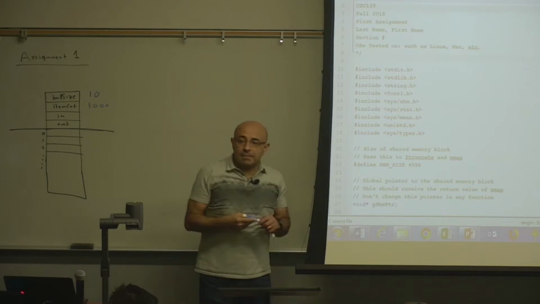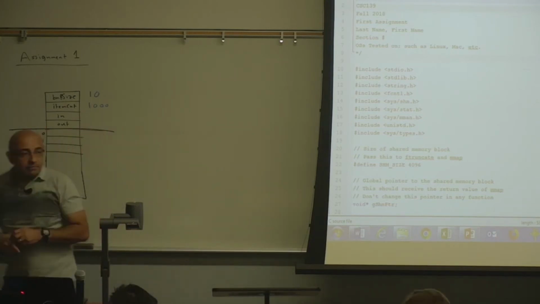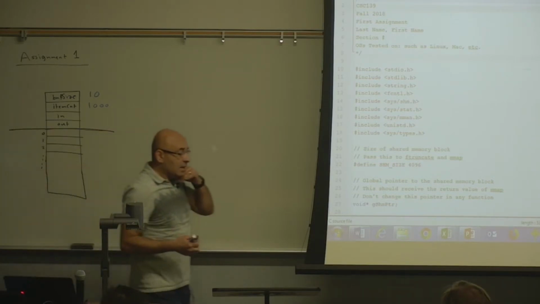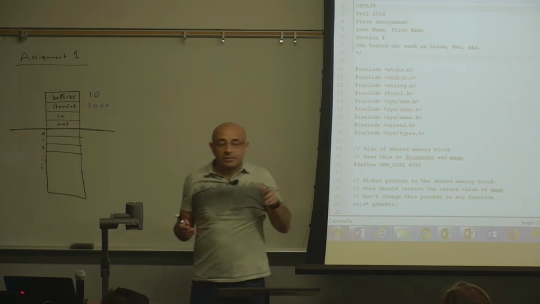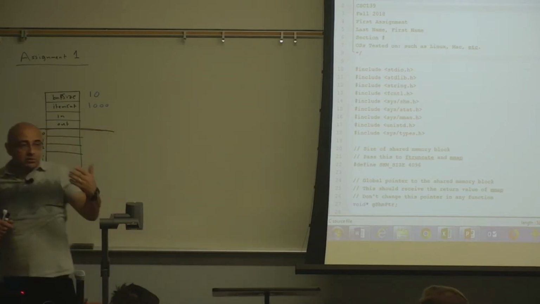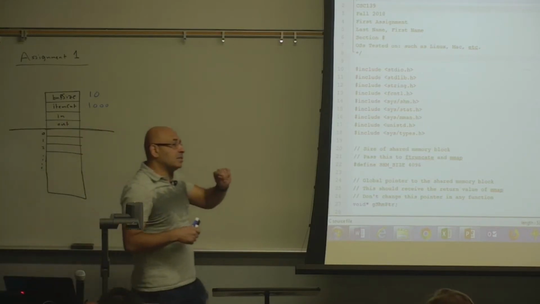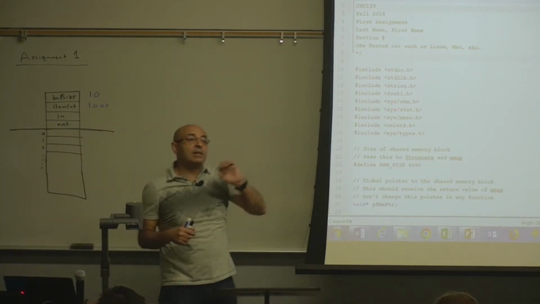So how will that happen? How can the producer produce 1,000 items and the consumer consume them with a buffer of size 10? Reuse. Yeah, reuse, exactly. So the producer can produce and the consumer will consume. And whenever an item is consumed, the producer can just reuse that cell in the buffer.